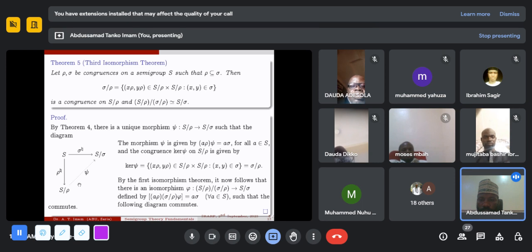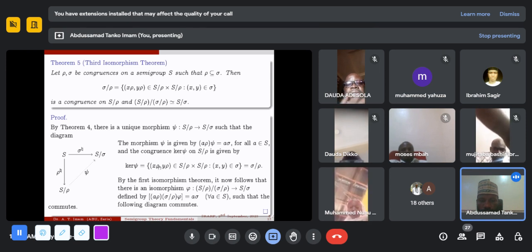So once you have this, you can check what is the kernel of this morphism. Since it's morphism, you can talk of the kernel of this psi. So kernel of psi will be the set of all ordered pairs having the same image under psi. And so that kernel, one can check that it is given by this, because